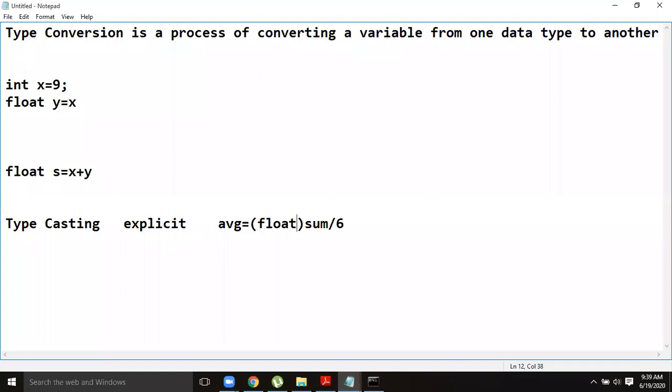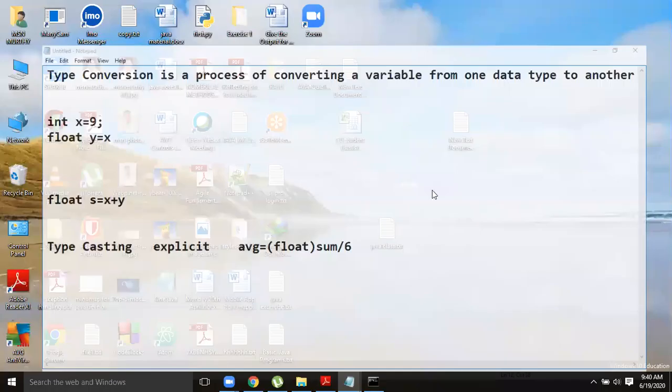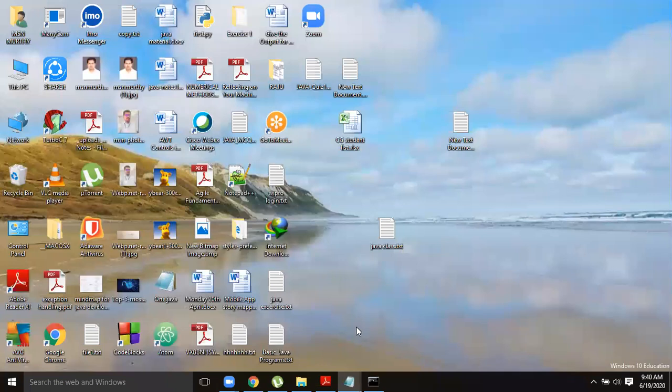Typecasting means the conversion is done by the programmer himself or herself. So this is explicit typecasting. I will tell you in detail about this in a later class. These are the basic things you have.